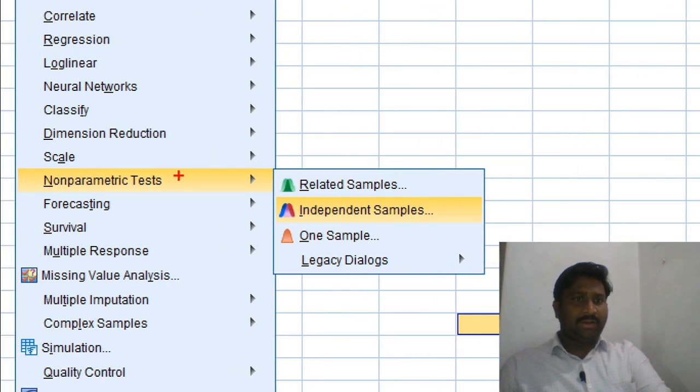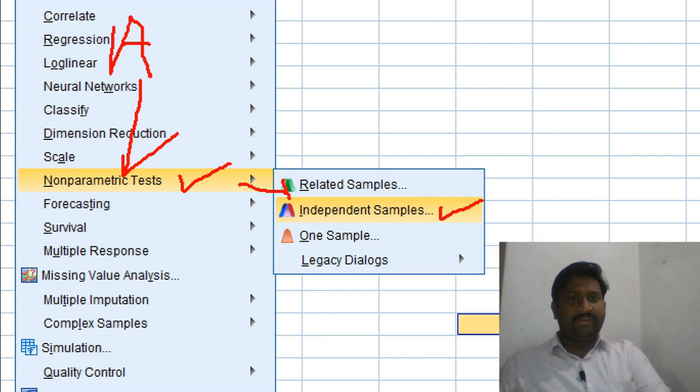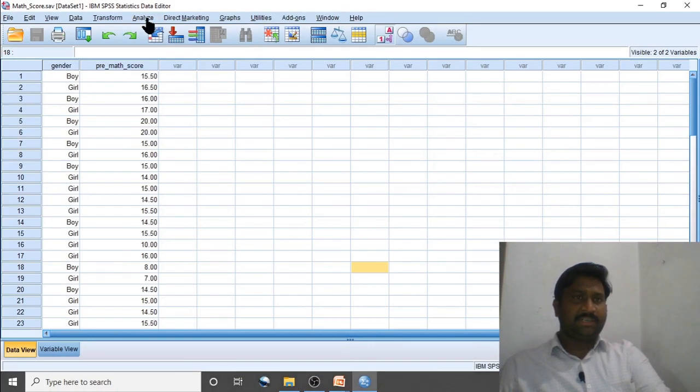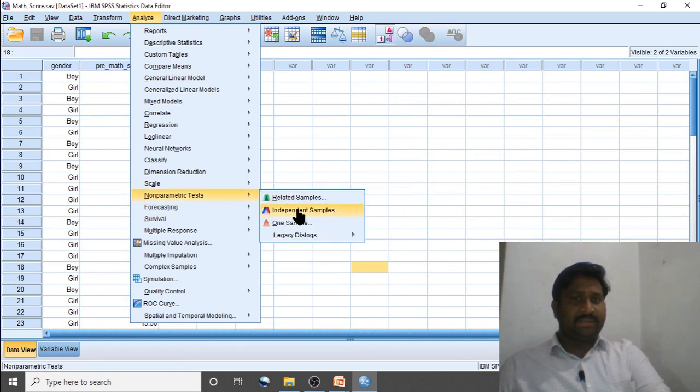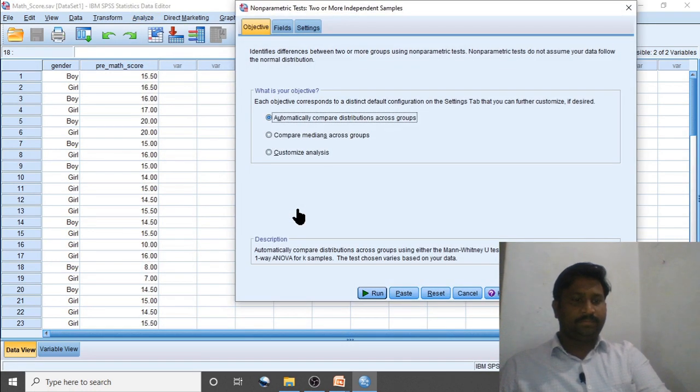So after non-parametric test, we need to click on independent samples. Okay, analyze, after analyze non-parametric test, then independent samples. Okay. So let us start. Analyze, non-parametric test, independent samples test.